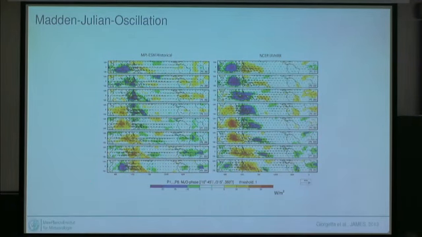There are also modes of variability, for example, the Madden-Julian oscillation in the atmosphere, which is a 30 to 60-day period oscillation in the tropical atmosphere, where you see changes in the outgoing long-wave radiation, shown here in watts per square meter. This is from the analysis. This is from our model in a Hovmöller plot. No, it's a lag plot, actually. And so time goes down here. And again, we're pretty happy with how this agrees with reality.